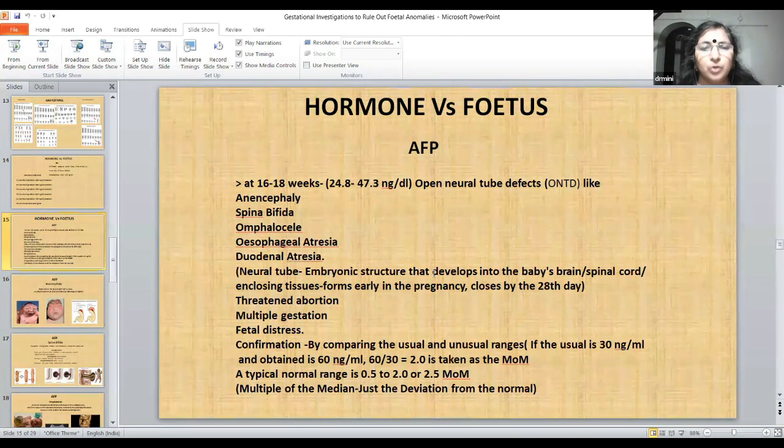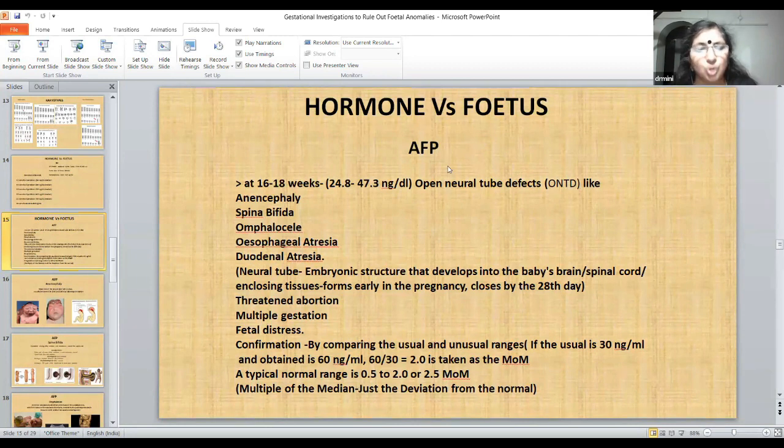The neural tube, the embryonic structure that develops into the baby's brain, spinal cord, and enclosing tissues, forms early in the pregnancy and closes by the 28th day, because within the 28th day it should be closed. Threatened abortion, multiple gestation, and fetal distress can also be caused by AFP if the child is getting mature. In the case of multiple gestation, AFP will be increased,